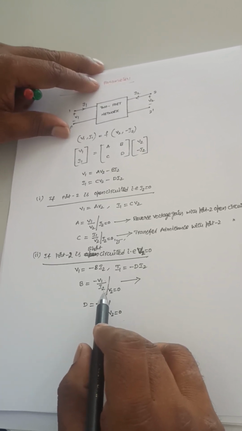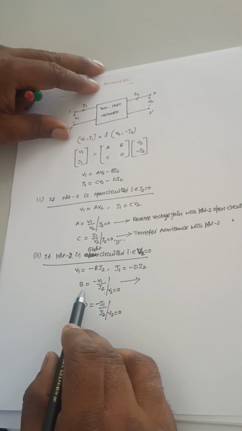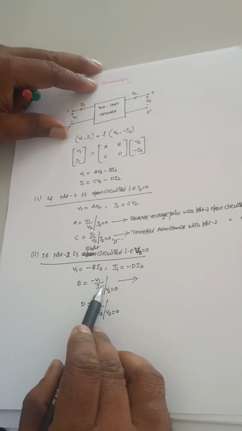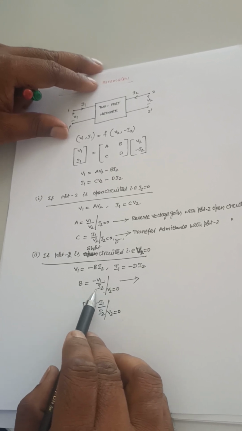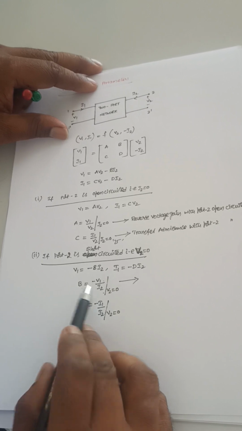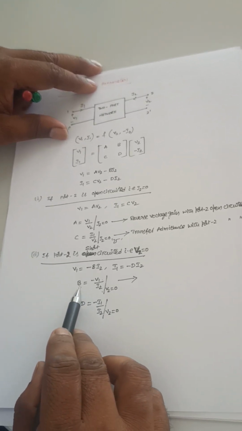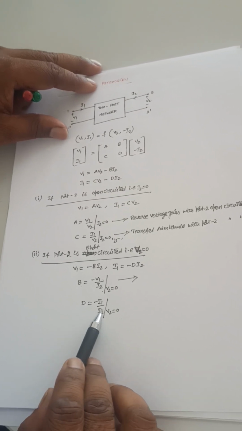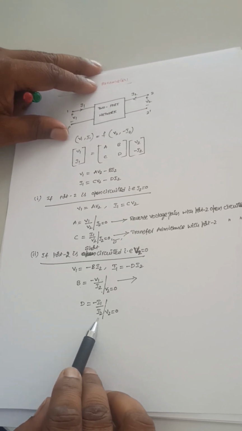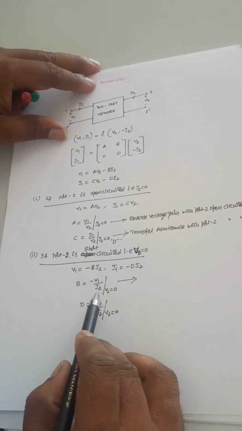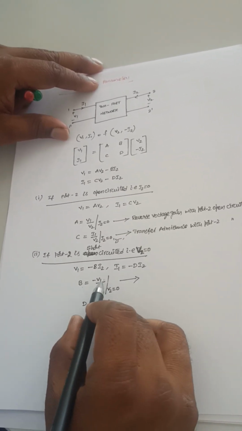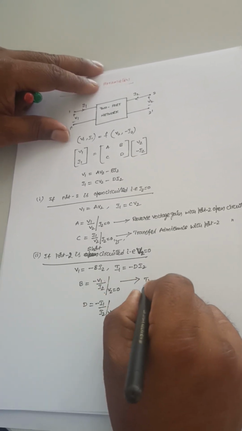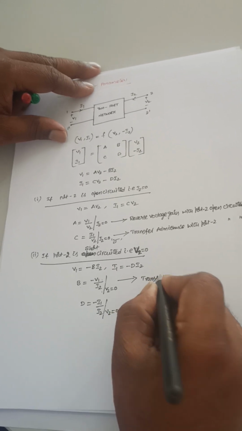Voltage by current is nothing but the impedance. Since the impedance doesn't take a negative value, the negative sign and the negative I2 value will cancel, and finally we will get a positive value. Here also the negative value of I2 will get cancelled, and we will get the positive value here. So it is an impedance. What impedance is it? Because it is V1 by I2, it is the transfer impedance